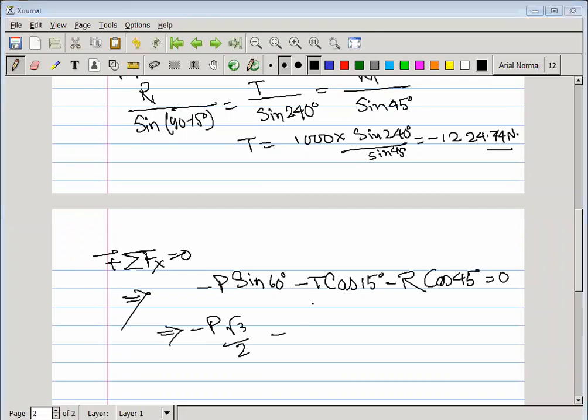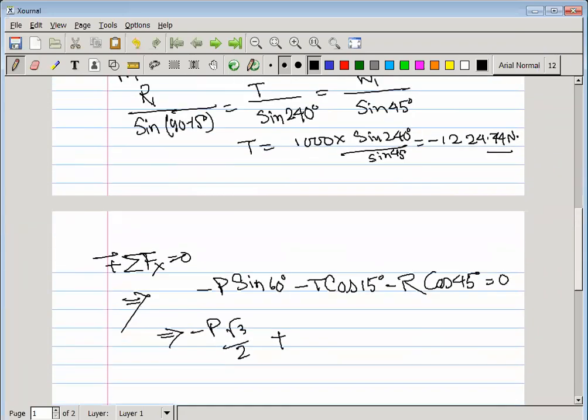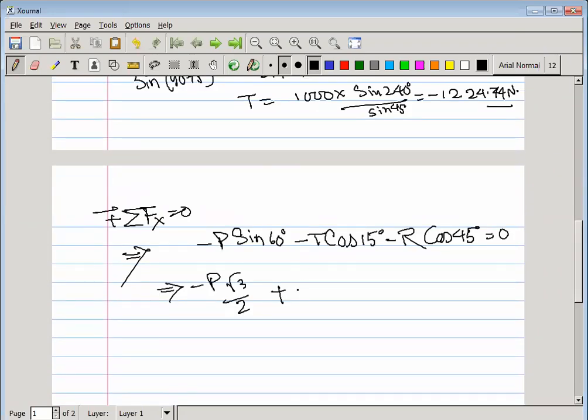T is how much? Direction is same, so T should be plus value. Okay, because we are not changing the direction, na? Here in this drawing we are not changing the T direction, so without changing the direction, that is minus 1224.74, right? So just put that value, 1224.74 cos 15 degree,